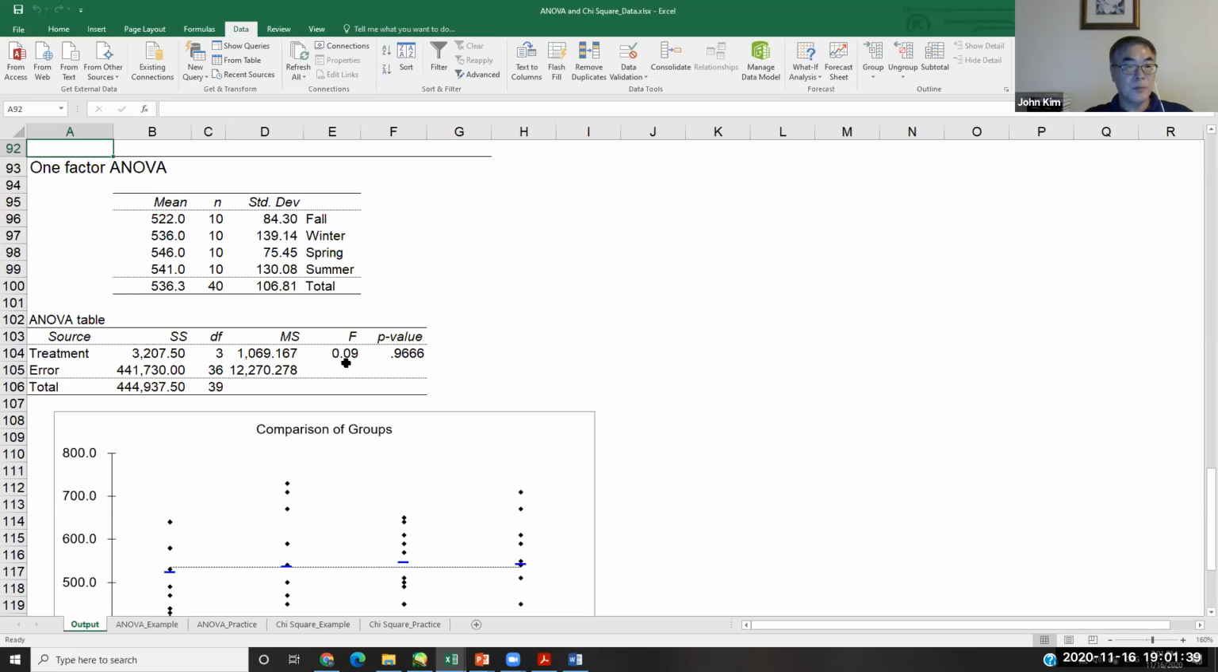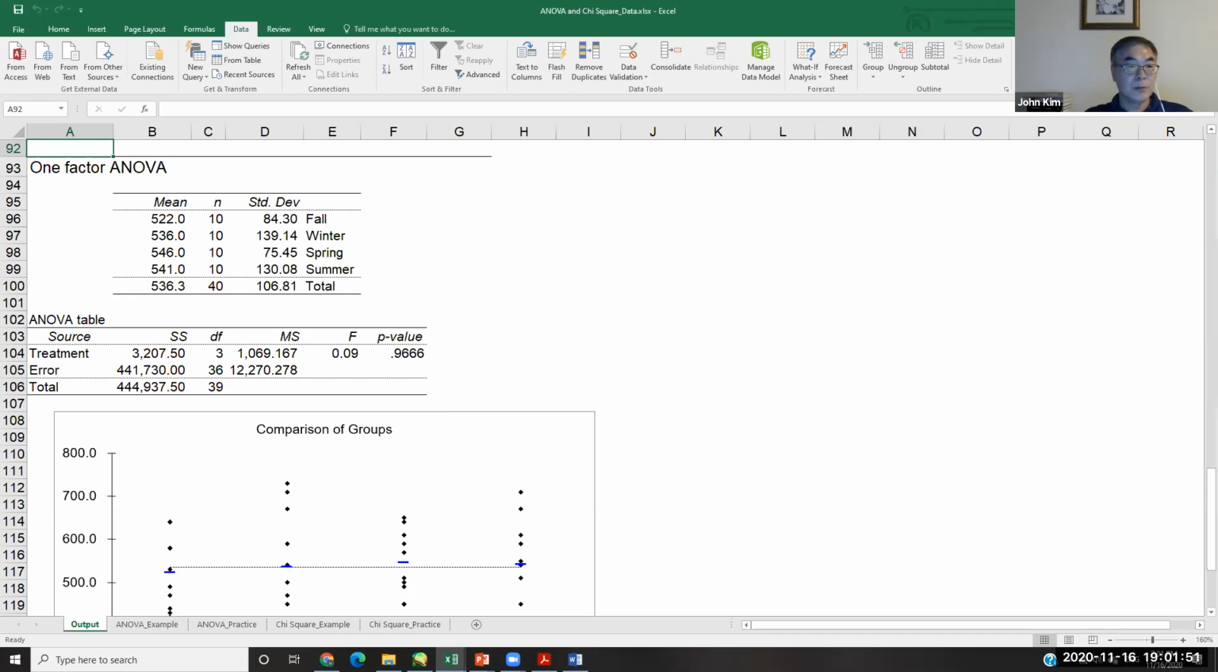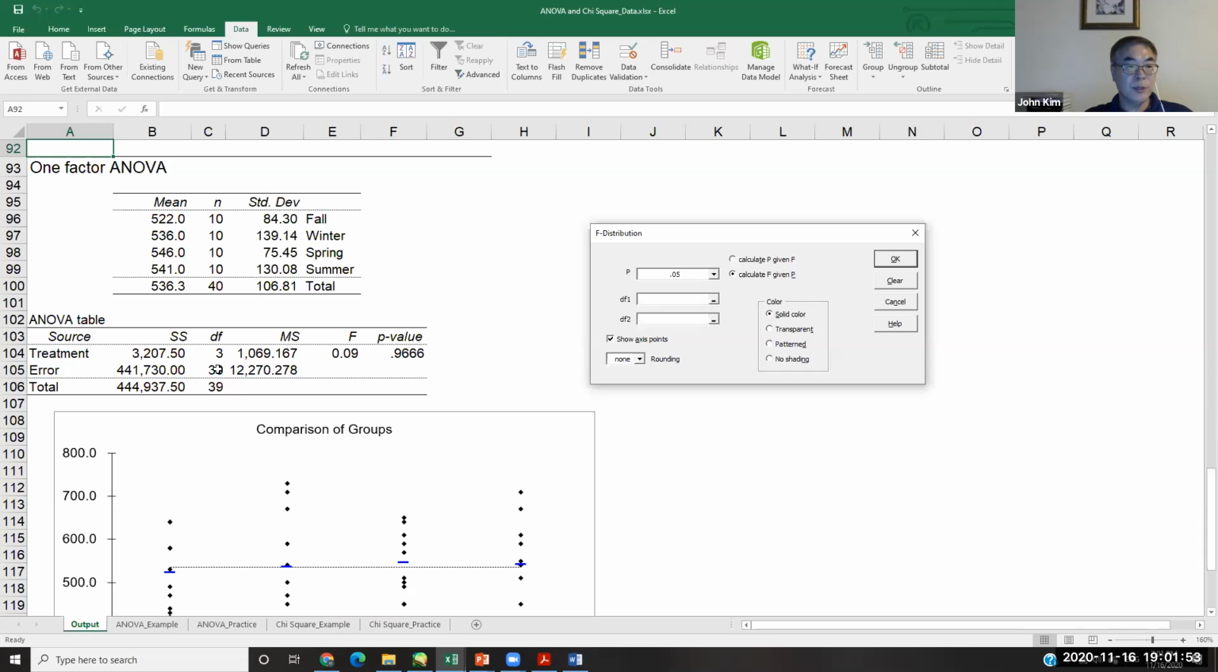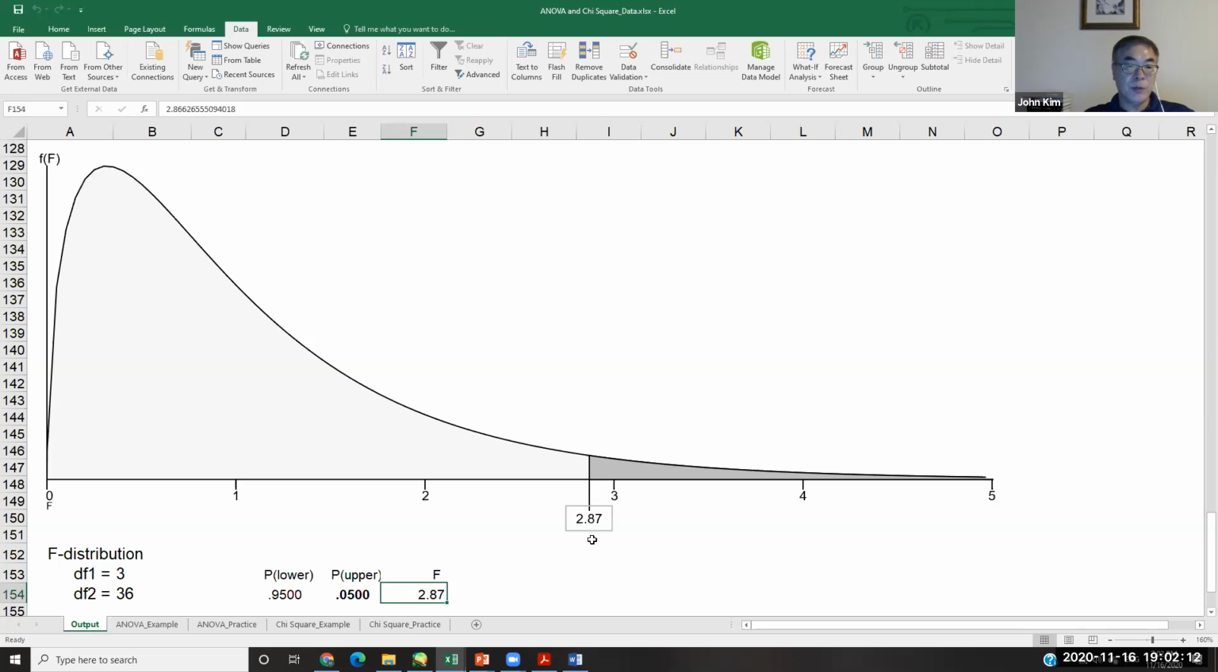The F test statistic is 0.09. Then we need the critical value. So DF1 is 3, DF2 is 36, and alpha is 0.05, given. Then click OK. So the critical value is 2.87,